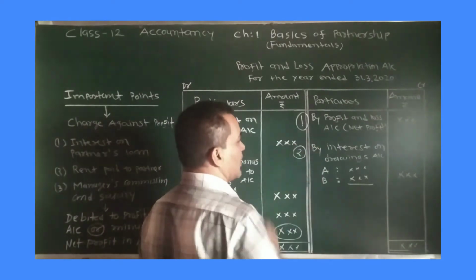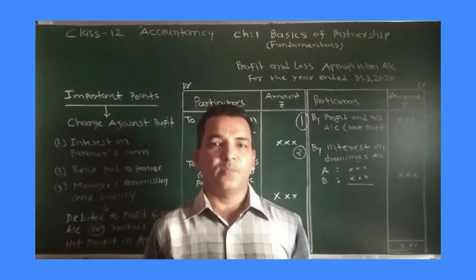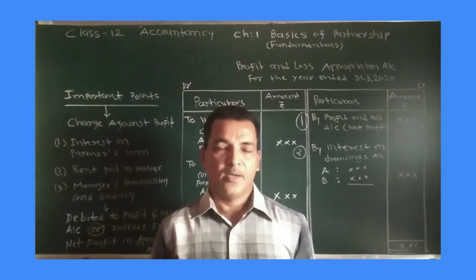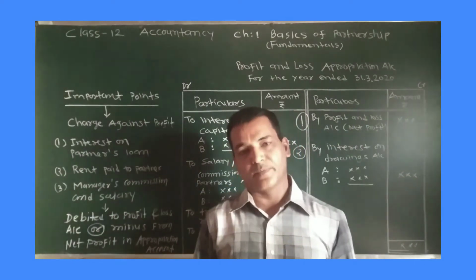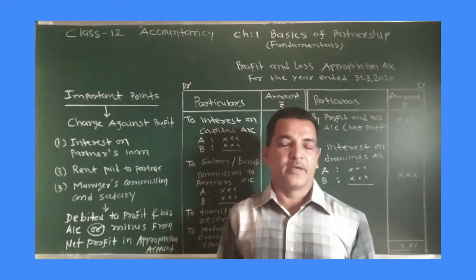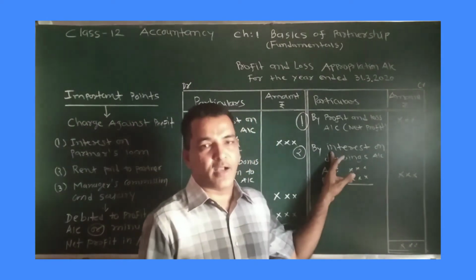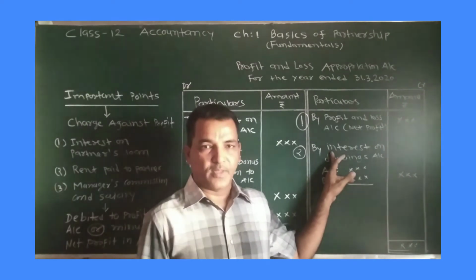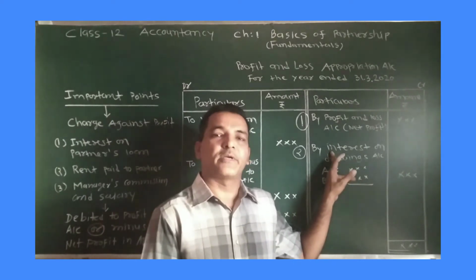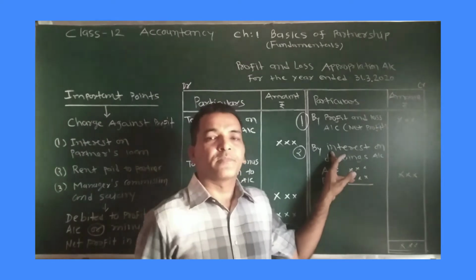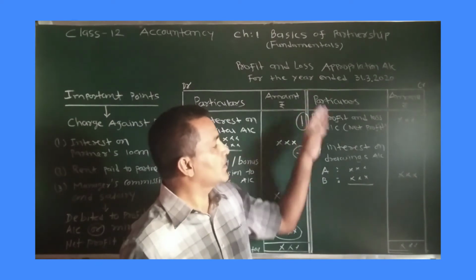Second entry, interest on drawing. Now this interest on drawing is income of the partnership firm. Partners have made a drawing and partners are paying interest to the firm. So it is income. So the entry for this would be partners' capital or current account debit to interest on drawing. This would be the first entry. Partners' capital or current account debit to interest on drawing, and the second entry would be interest on drawing account debit to profit and loss appropriation account.